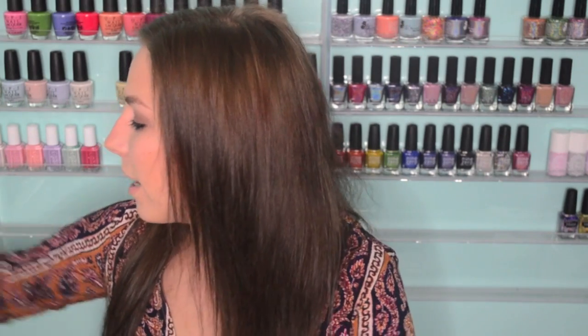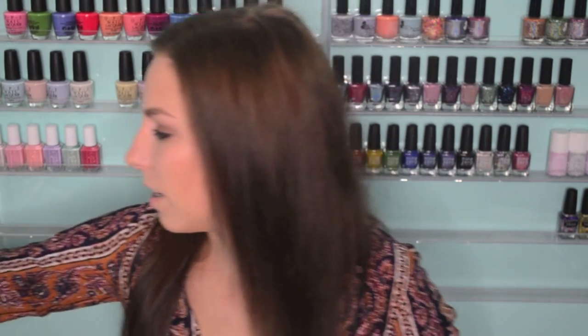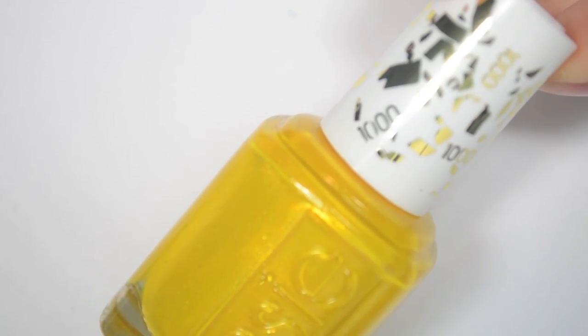So the first one that I have is the Essie Brights collection, which I guess I haven't really paid attention to. I always thought the Brights released after the summer collection, but it's backwards this year. So every year Essie releases a 6-piece Brights collection. I have that this year. This year they're celebrating their 1000th shade, which is this one right here, which is called Aim to Misbehave, and